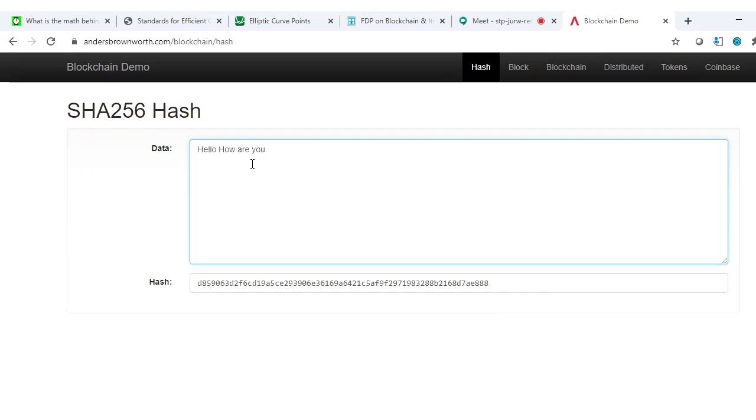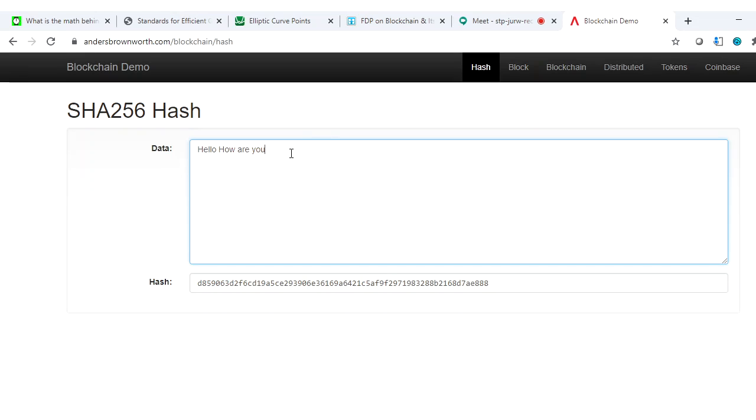So thereby you can identify whether the data has been tampered or not. Whether the data is tampered or not, you can easily recognize with the help of the hash function. So this hash function will help you to maintain the integrity of the original data. This particular data's integrity can be maintained with the help of this hash function. Now, I hope by this time you know what is meant by hashing.